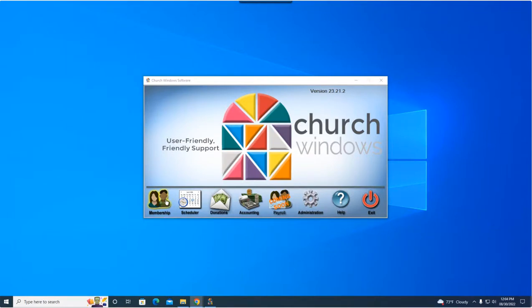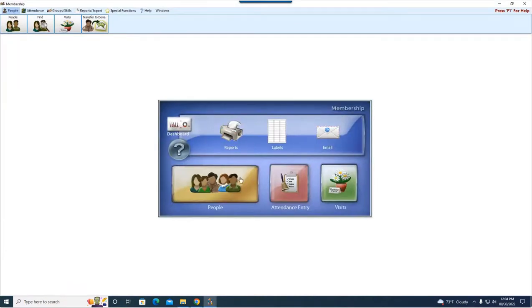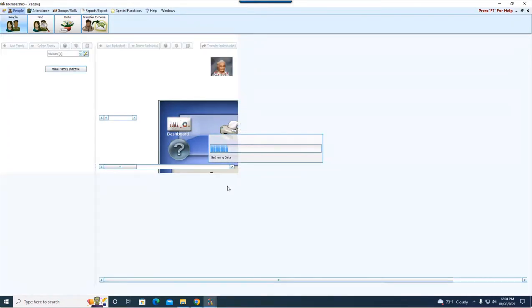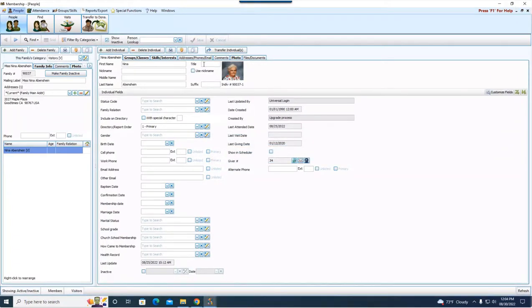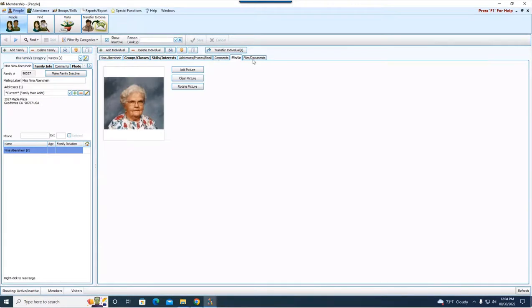This is a wonderful new feature available in the new version that users may or may not be aware of. If we go into membership, say for example, and we go into people, hopefully you should be able to see that across the top we've got Nina's record, our first person in our membership database, and we've got our individual tabs on the right: her name tab or individual record tab, groups and classes. I'm clicking across these tabs across the top: comments, photo, and then we've got this new tab called